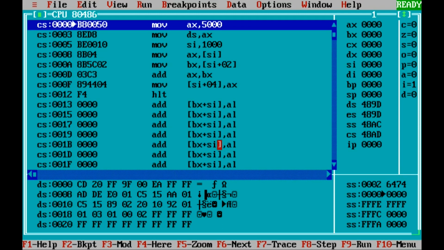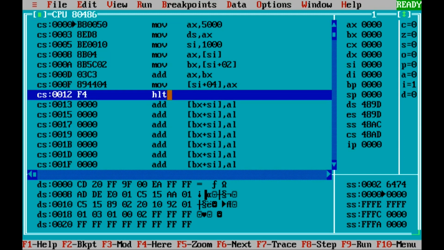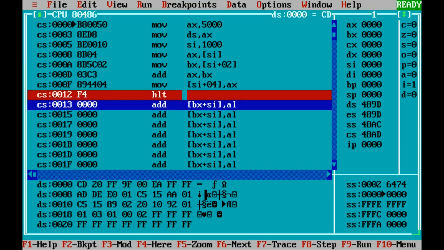Now for the execution, first what you have to do is define the breakpoint, the end of the program. So now here the end of the program is halt instruction. I will click on this. Then you have to define this particular instruction, this particular location as a breakpoint. So for that you can use F2, which is given over here. So once you press F2, breakpoint will be defined. Then just use your up and down arrow. You can see this particular instruction is turned into the red, means the breakpoint is defined.